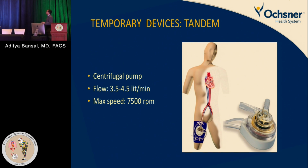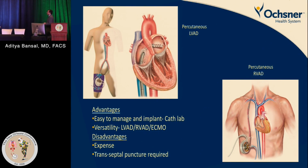TANDEM device is a centrifugal pump, and it flows between 3.5 to 4.5 liters per minute at a maximum speed of about 7,500 RPMs. It's also a very versatile device. It could be used as an RVAD, as an LVAD, BiVAD. You can use that as a VV ECMO system. You can use it also off-label